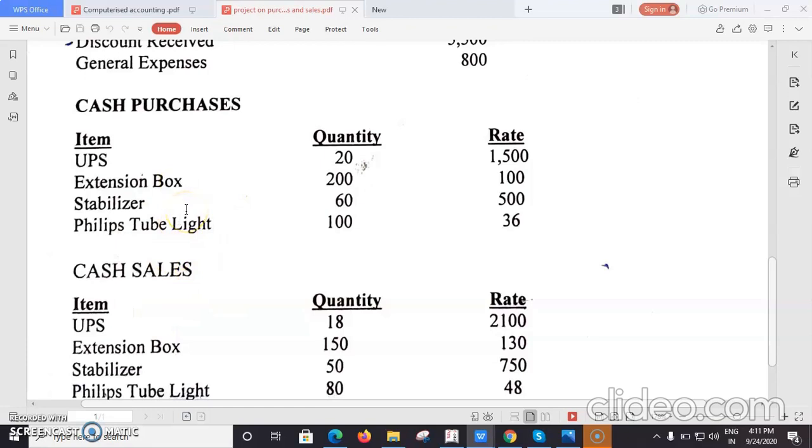Next is purchases. Here we are doing purchases through cash. If you are purchasing from a party, we have to create one more ledger with that creditor's name. For example, I purchased from Ramesh, so Ramesh will be my creditor. I have to create a Ramesh ledger under the group sundry creditors. Here, with cash purchases, I am not creating any ledger; there is no need for one. But two more ledgers are required: purchase is one ledger and sales is one more ledger. I have to create these two, the purchase ledger and the sales ledger. Now I am creating them.